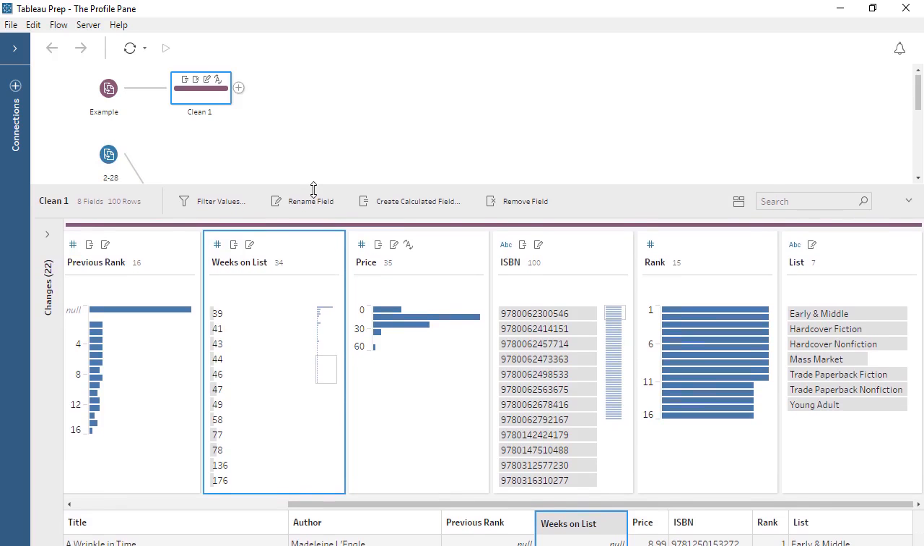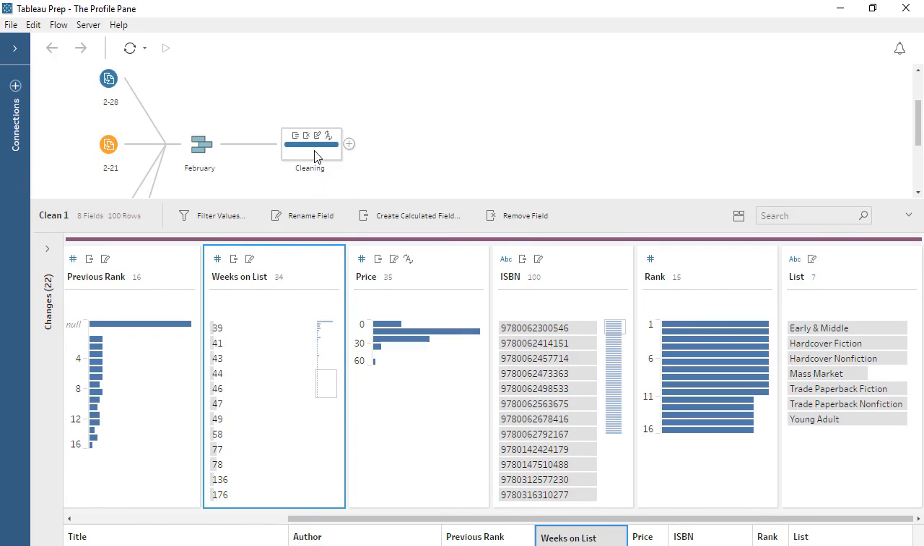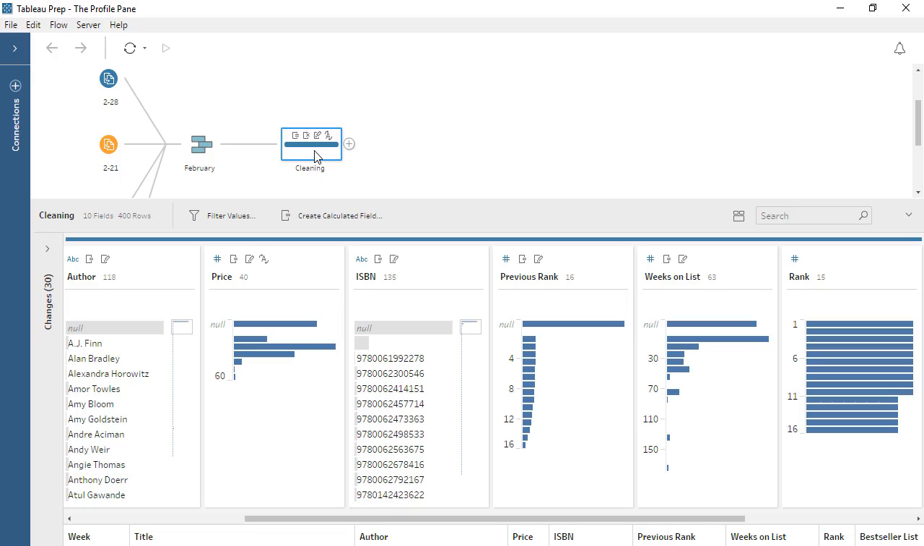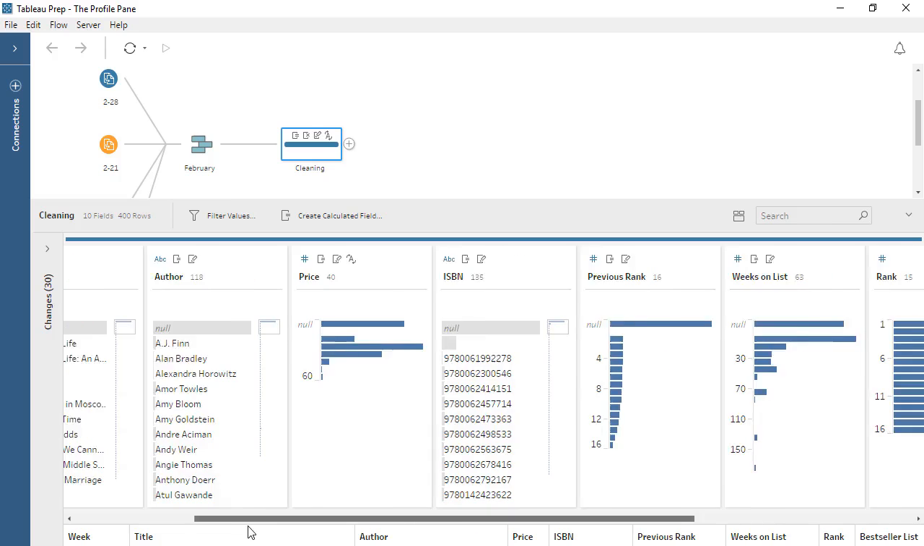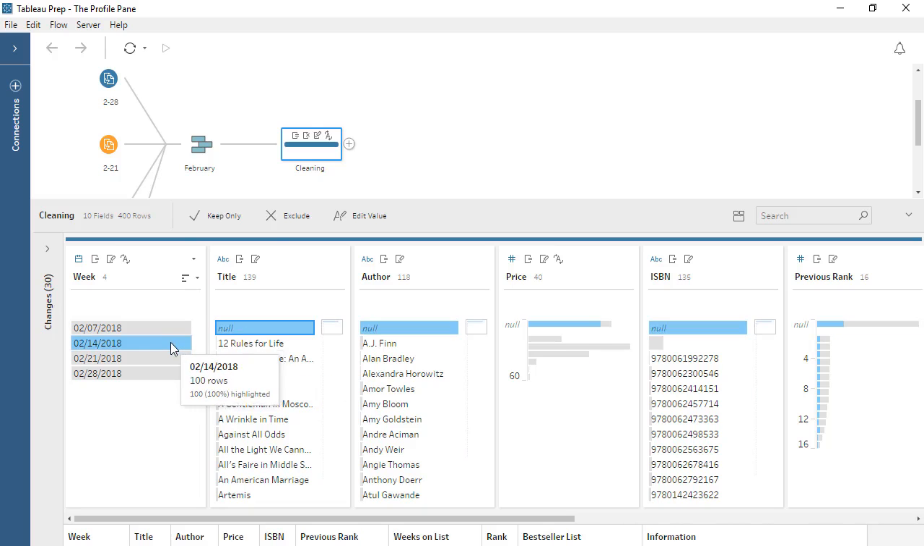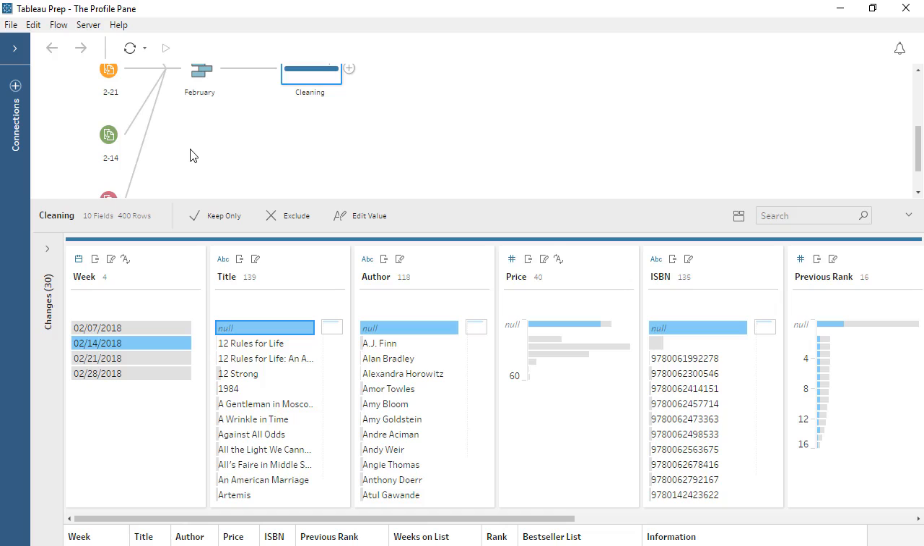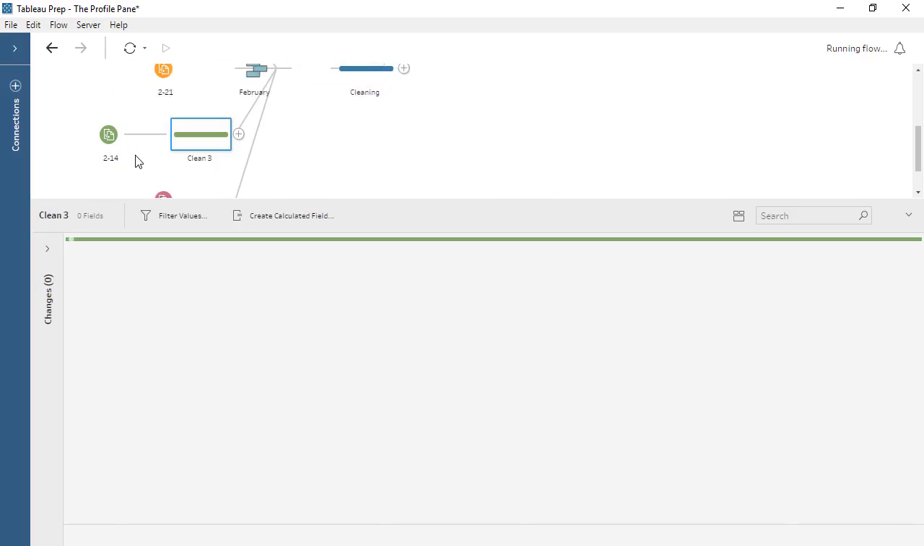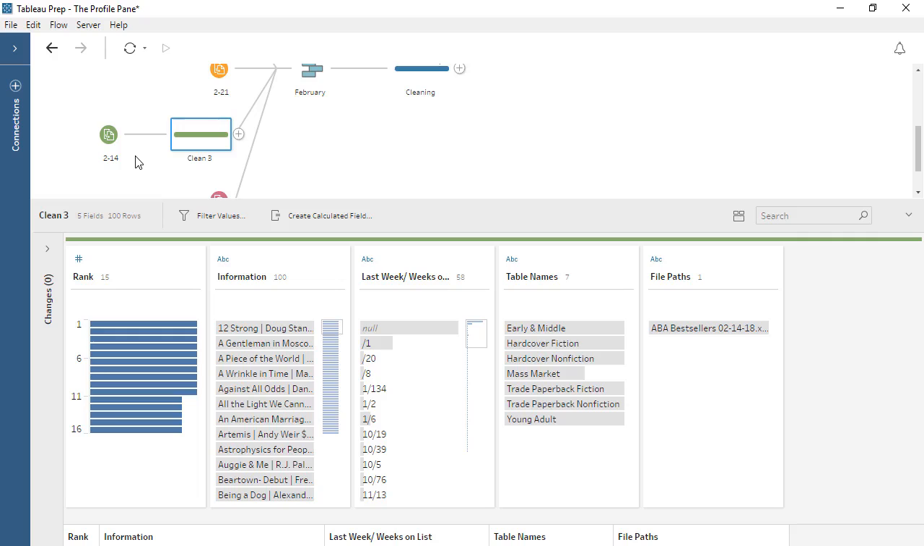Let's click into a more complex flow. This time, we're looking at all 4 weeks' worth of data for February. We can see there are a lot of nulls for ISBN, author, and title. This is unexpected. If we click on one of these null bars, we see they're from one specific week. Let's go back to that input. If we click on the plus and insert a step, we can bring up the Profile Pane for just this